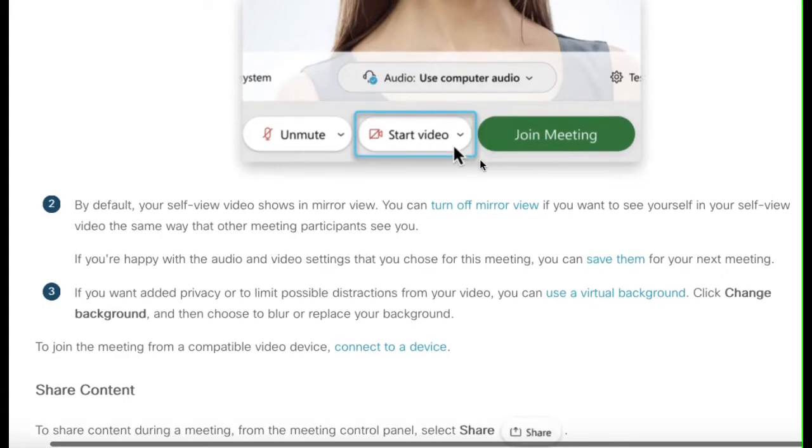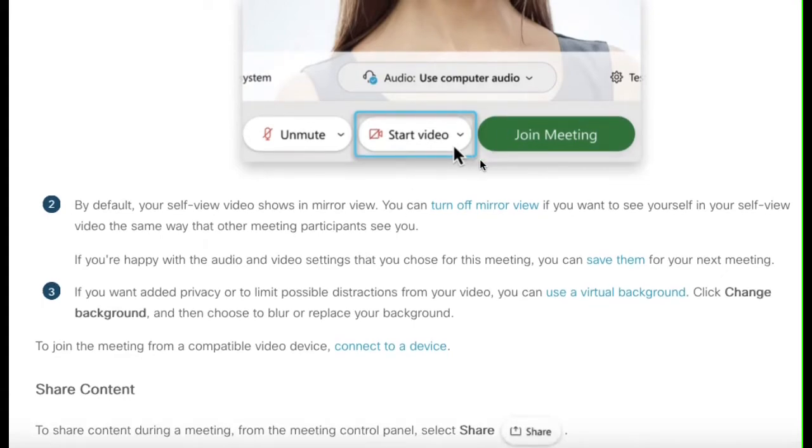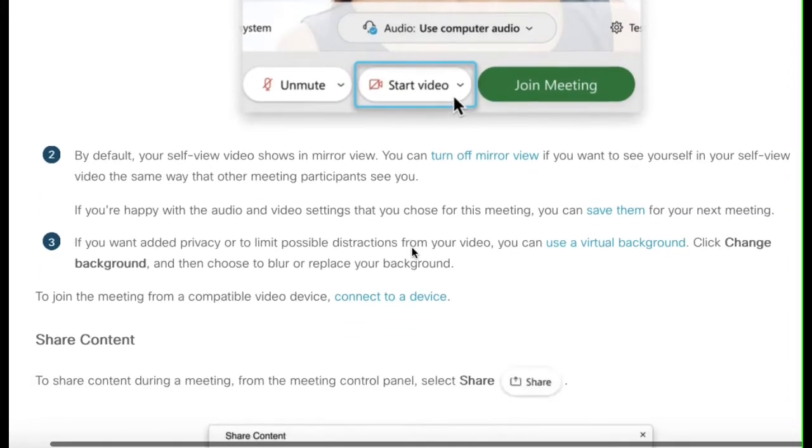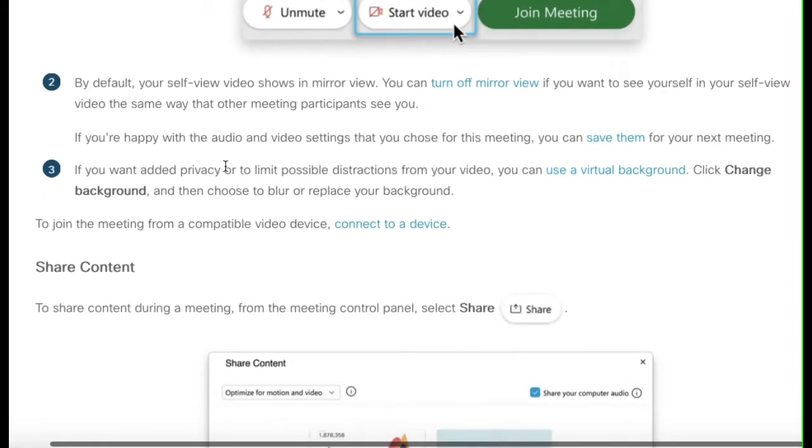And usually you have three different options: active speaker view, the grid view, and the third, the full screen view. These are the three different options you can check there. Now if you go here further,